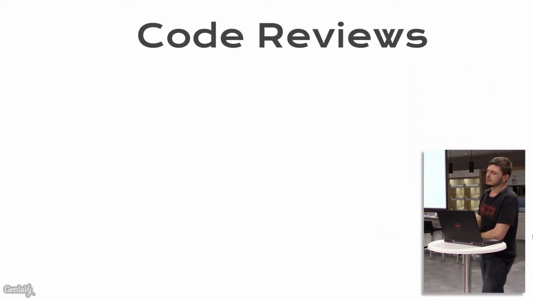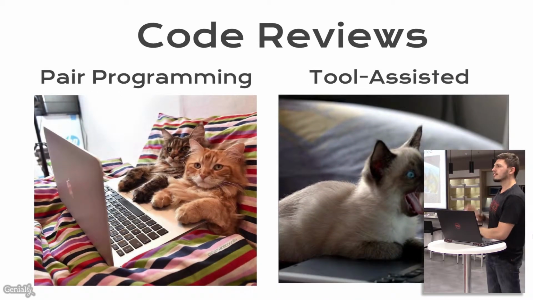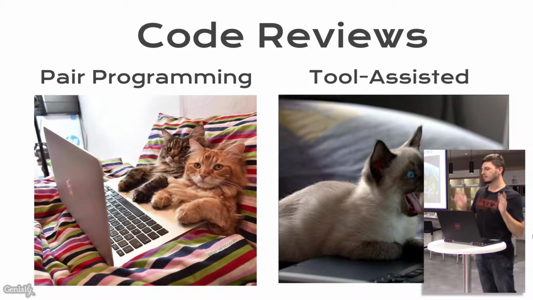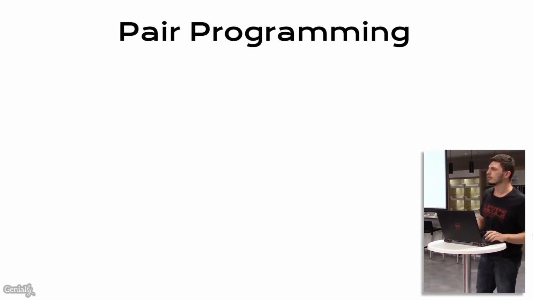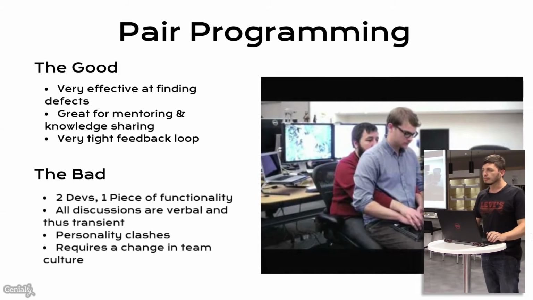So starting with code reviews, I find there are two major ways of code reviewing. That's pair programming and your tool-assisted reviews, such as your code reviews on Bitbucket and GitHub. I'm going to go a bit more into detail in each of these, but the talk overall will be a bit more high level. So with pair programming,